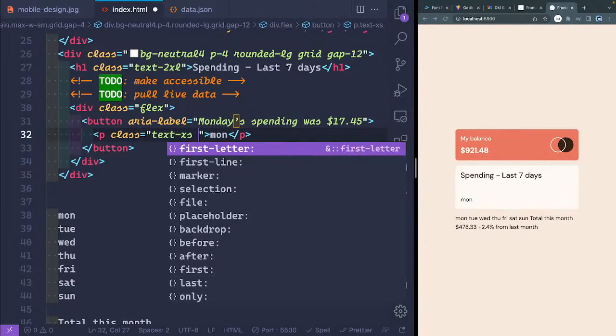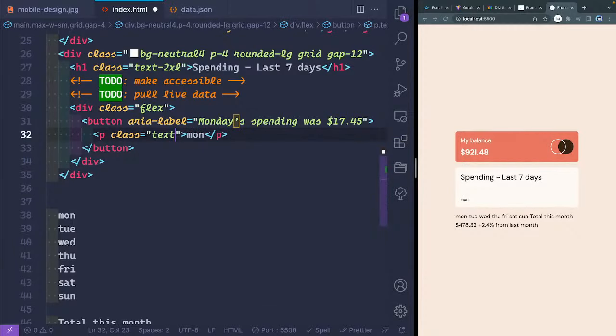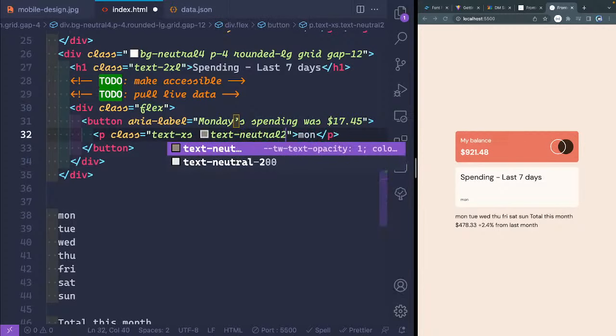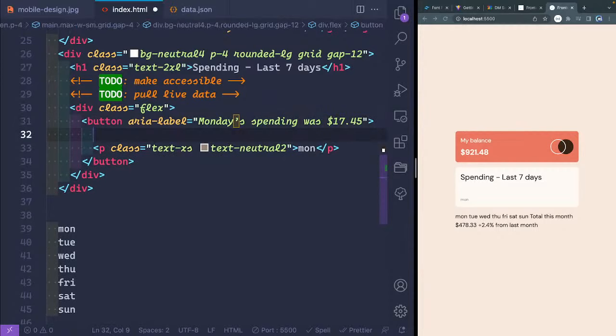And then we'll set this to, okay, yeah, that's right. I forget I've got to wait on the CLI tool. I keep wanting it to be instant. And then we'll do text, neutral. Let's look at the design. Yeah, so that should be right. And then maybe on top of this here,